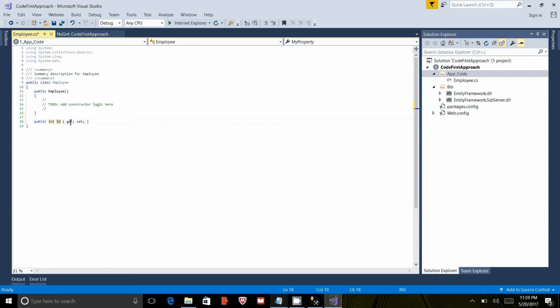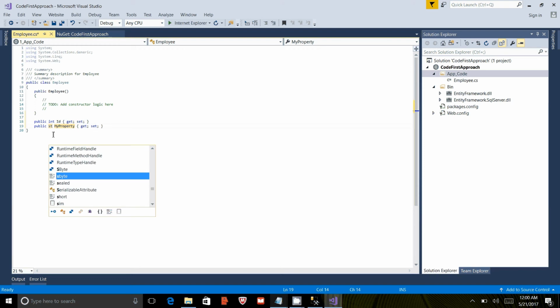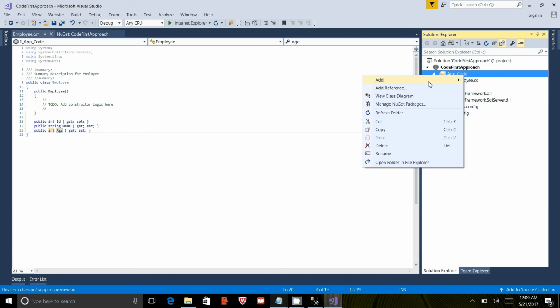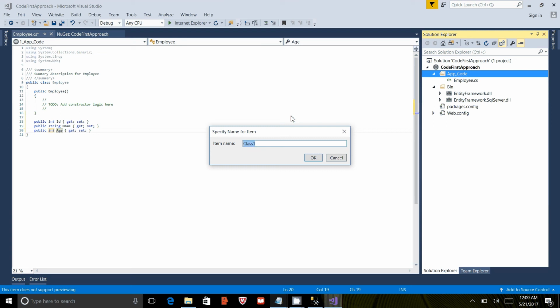So ID, then name, and then we have age. So done. Now, as I had said, we will have to add an employee context class. So let's go and add an employee context class straight away,